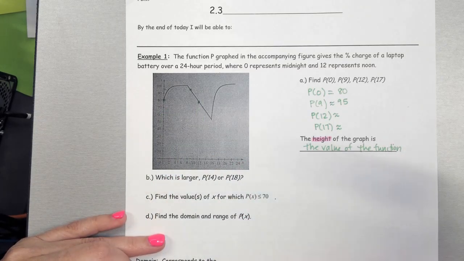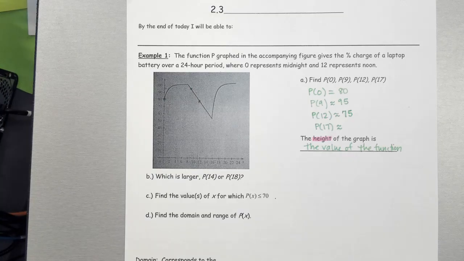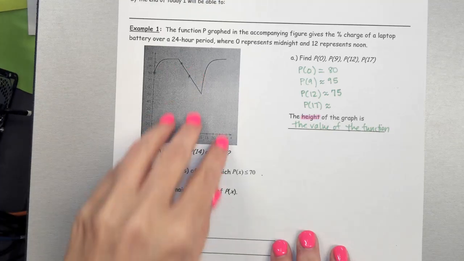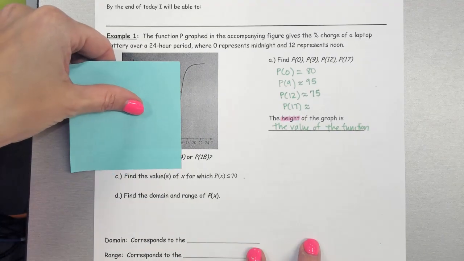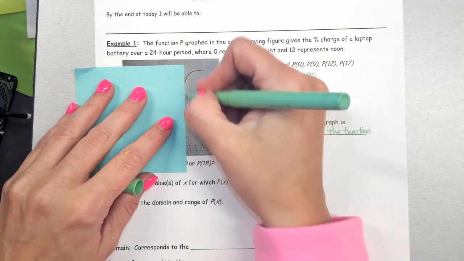If you put 76, that's fine. 77. Really somewhere between 74 and 78 would be great. Just so you know, if you had a question like this on your test, it would be a multiple choice type question because they don't have the points. There are some where they actually have the points or they have the grid. So this is an estimation. It's okay if you're in the ballpark. They don't have to be exact. This is going to be an estimation. And then for 17,